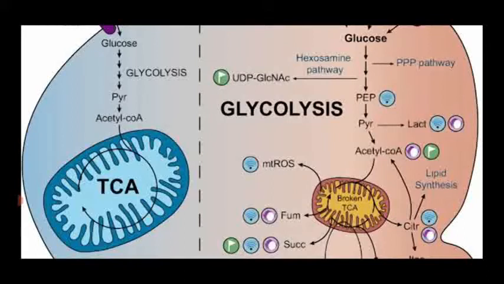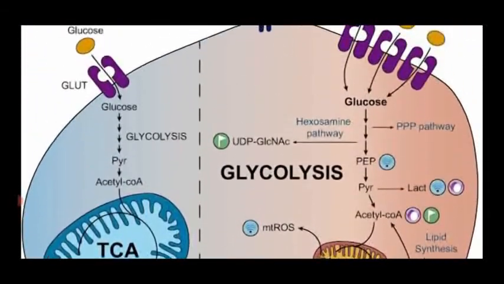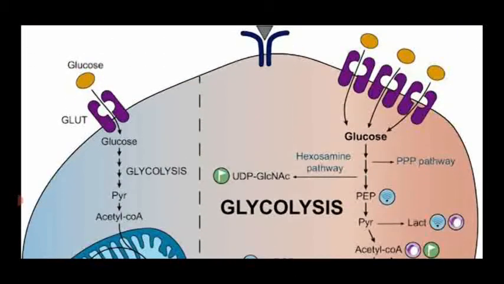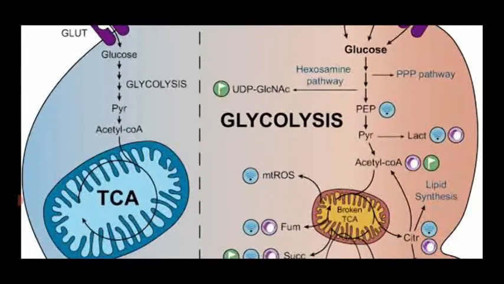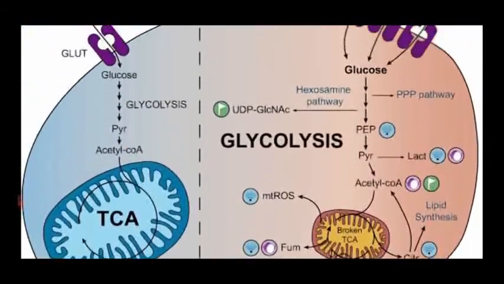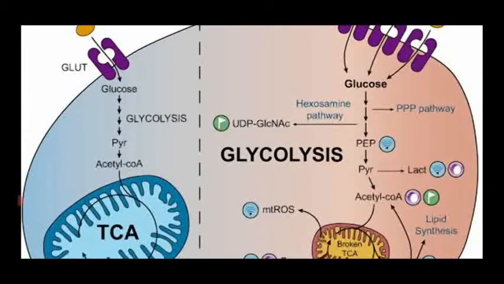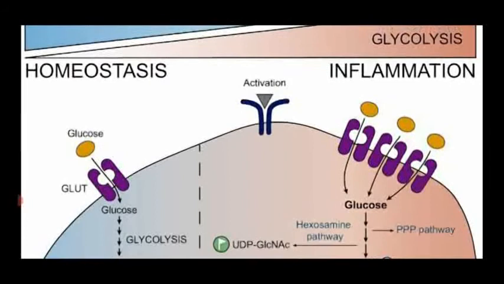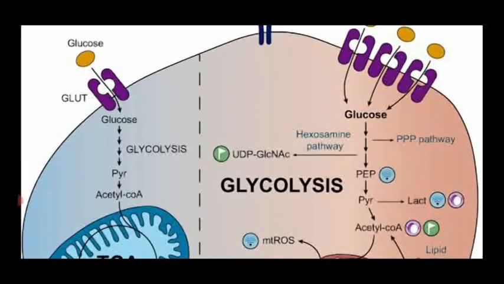The TCA cycle takes place in the mitochondrial membrane. Glycolysis takes place in the cytoplasmic region. Dear students, as you go to the higher classes, you will be able to read this topic in a detailed manner. Up to this 10th standard level, you have to see the diagram. That is enough for your clarification. So this is the glycolysis process, a diagrammatic representation.